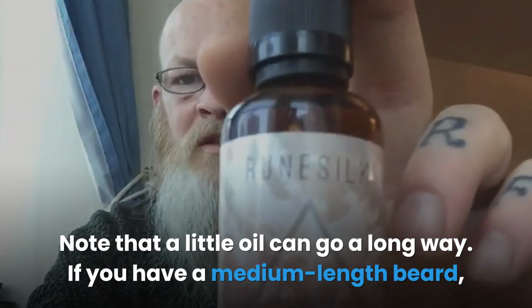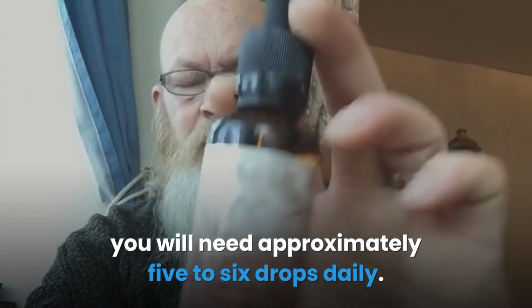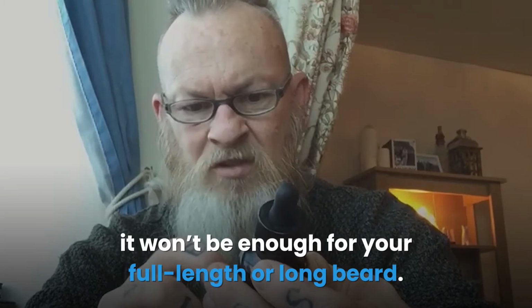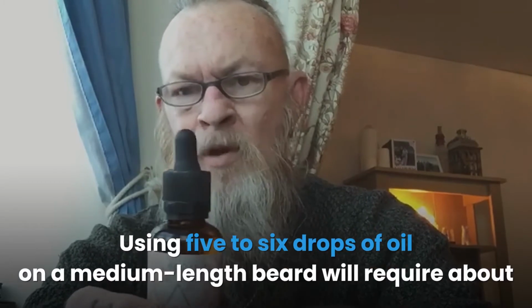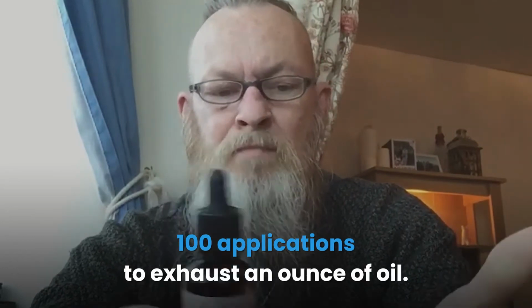Note that a little oil can go a long way. If you have a medium-length beard, you will need approximately 5 to 6 drops daily. So, don't think because the oil bottle looks small, it won't be enough for your full length or long beard. Using 5 to 6 drops of oil on a medium-length beard will require about 100 applications to exhaust an ounce